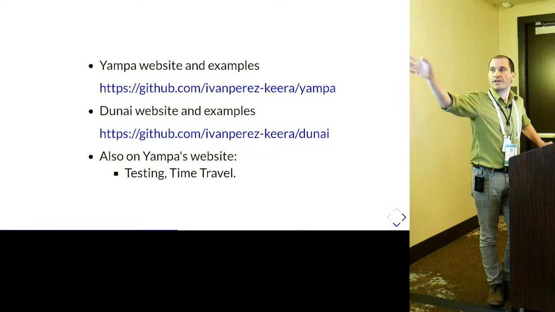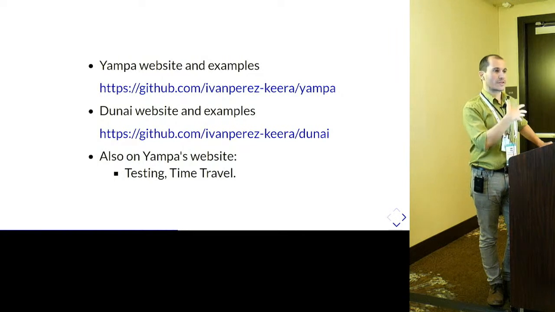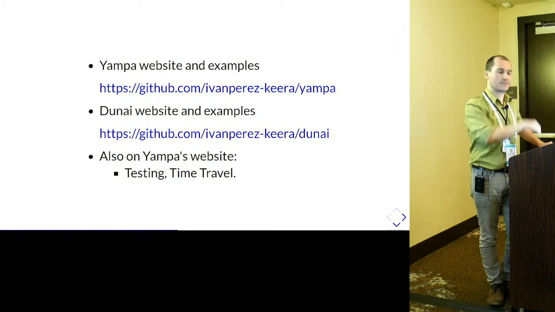There is another FRP implementation that is related. It's called Dunai. And you're also welcome to visit. And there are things that I didn't discuss, but if you focus on simplicity and if you focus on purity and if you focus on the notation, you get a lot of things for free. One of them is that you get a lot of help for testing. So you get the ability to test in ways that you cannot do in imperative languages, for example. You can also exploit time transformations, make things go faster, slower, or even go back in time.